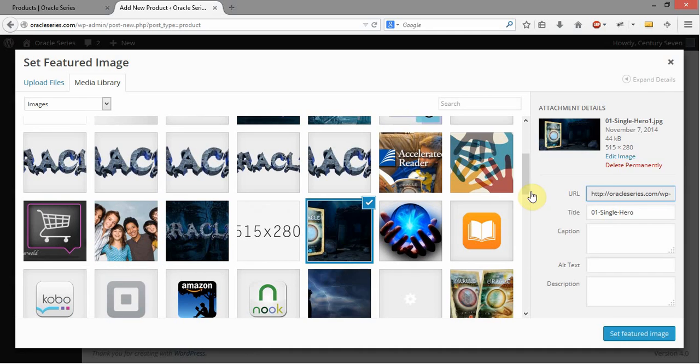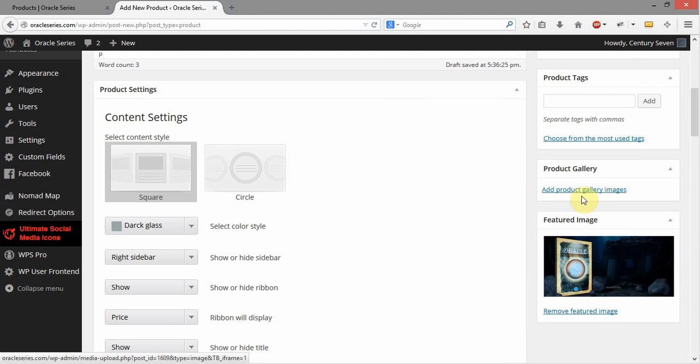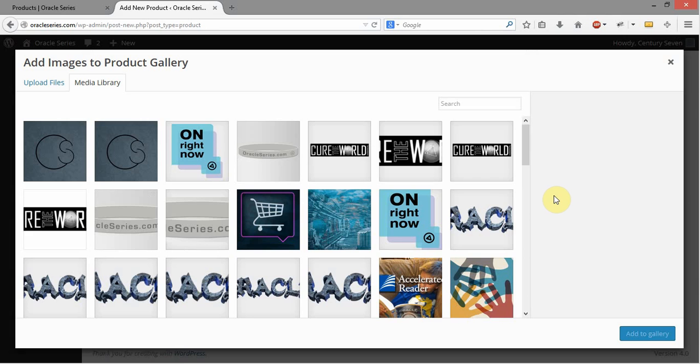The perfect size are these hero cutouts right here. This is the perfect size for the featured image, just to let you know. Just absolutely ideal size right there. I'm going to go ahead and put that in there, and then I'm going to add a product gallery image,